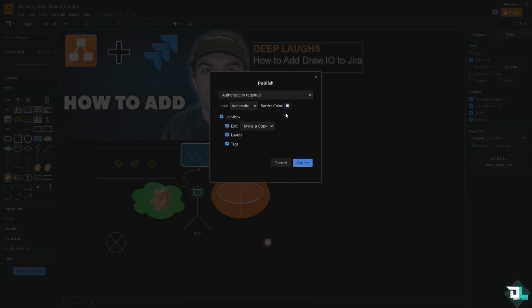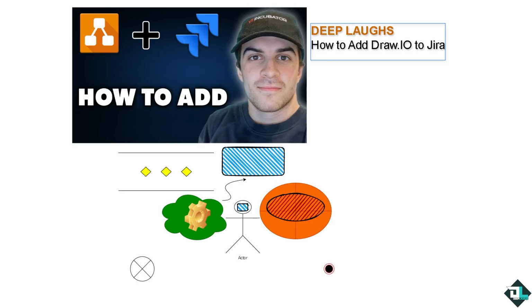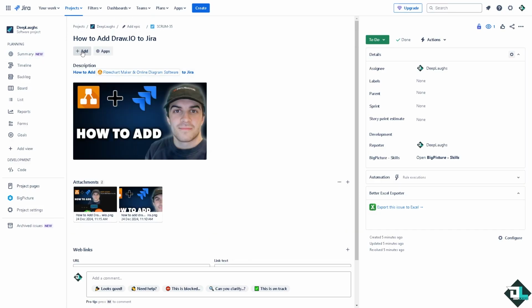Now, click the border color if you want and click Create. You also have an option to make a copy or custom options. Click the Create button, copy that, or if you want to preview that before you make a copy of it, to make sure that the embedded code will be right or the public link will be right, just like this. Looks good. Now switch over, click Copy, go back to your Jira and go to Add content,